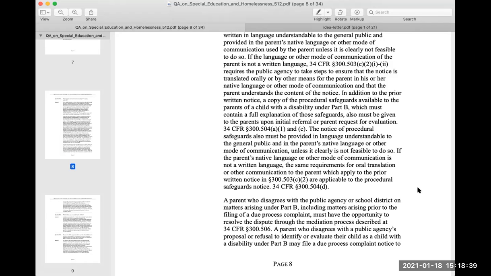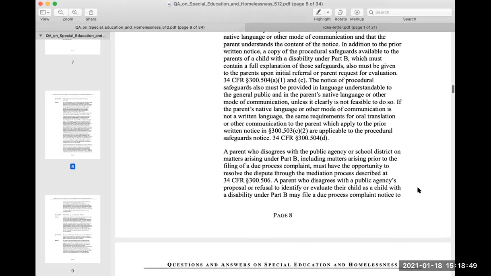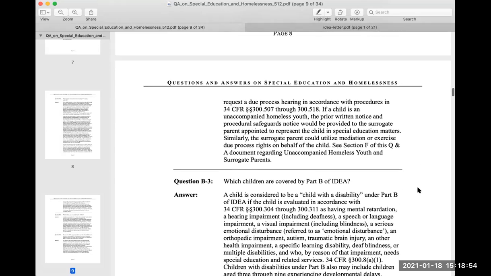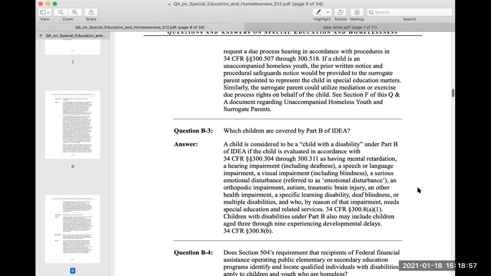34 CFR paragraph 300.504(d). A parent who disagrees with the public agency or school district on matters arising under Part B, including matters arising prior to the filing of a due process complaint, must have the opportunity to resolve the dispute through the mediation process described at 34 CFR paragraph 300.506. A parent who disagrees with a public agency's proposal or refusal to identify or evaluate their child as a child with a disability under Part B may file a due process complaint notice